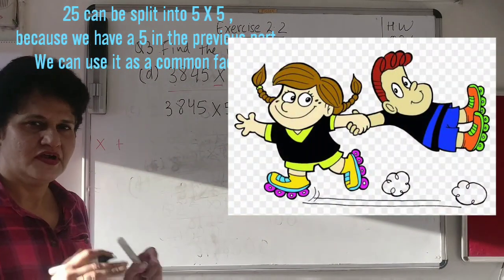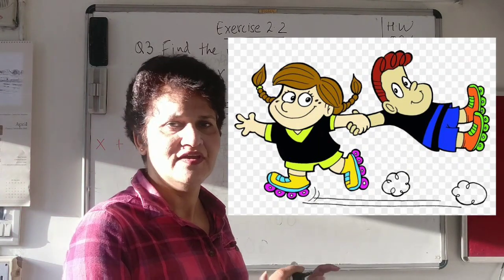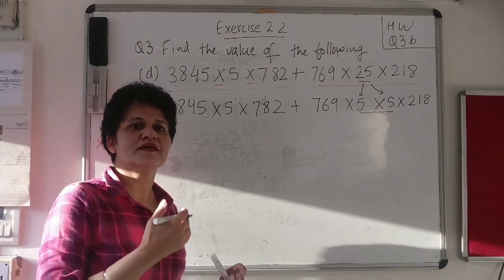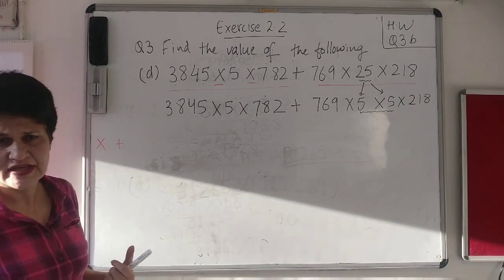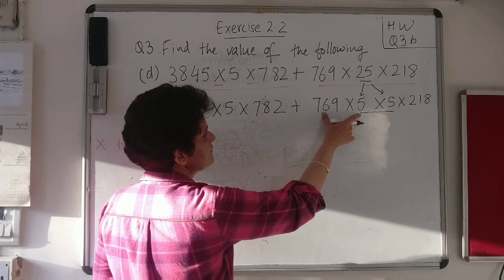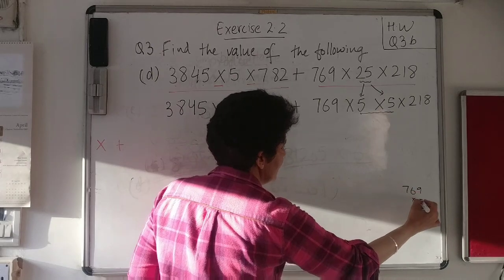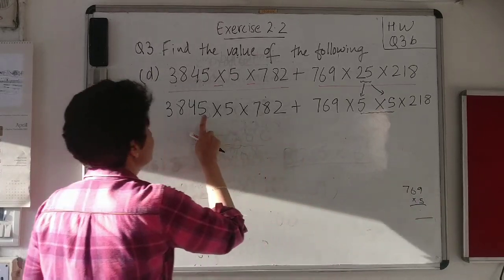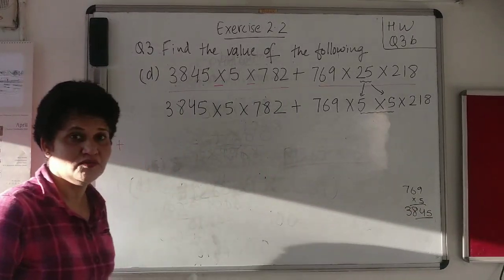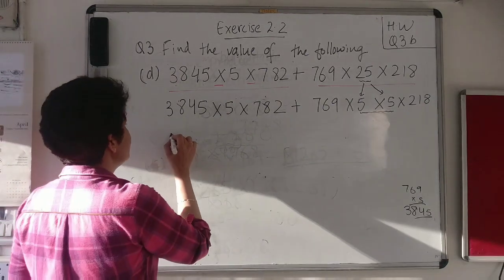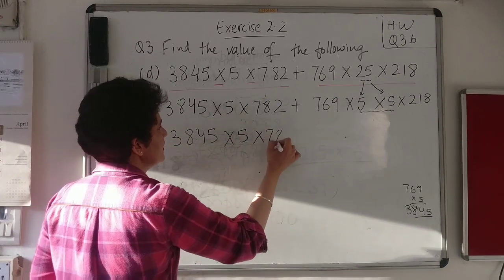These are videos. Wherever you feel that you have not understood it, you can rewind and see the video again. So don't go ahead just like that. Keep seeing the step again and again. After that, when I look at it and ask, does it help? Yes, it helps. Because when you multiply 769 into 5, try to do it in rough, it will give you, 9 fives are 45 here. So it will give you 3845. I want you to try that. So my question will be 3845 into 5 into 782.